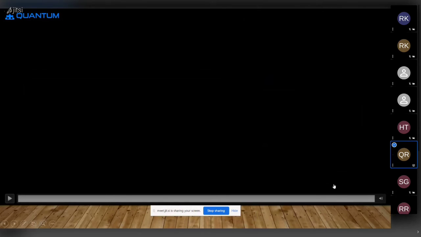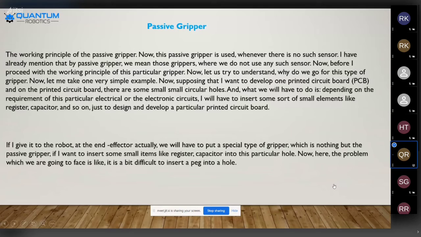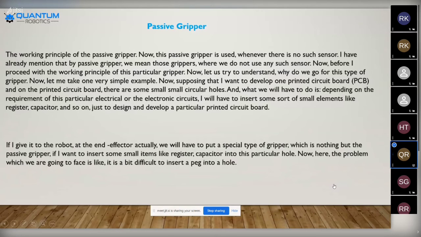Yeah, guys, you have seen the different types of gripping technology, the universal gripper, how it grips particular objects in a particular movement of an axis, and how it pours the water. From a smaller object to a larger object, it does not have a certain limitation to pick only from a particular axis, but it can pick from anywhere, and it has the capability to stabilize that product in a particular area. Okay, the working principle of the passive gripper.